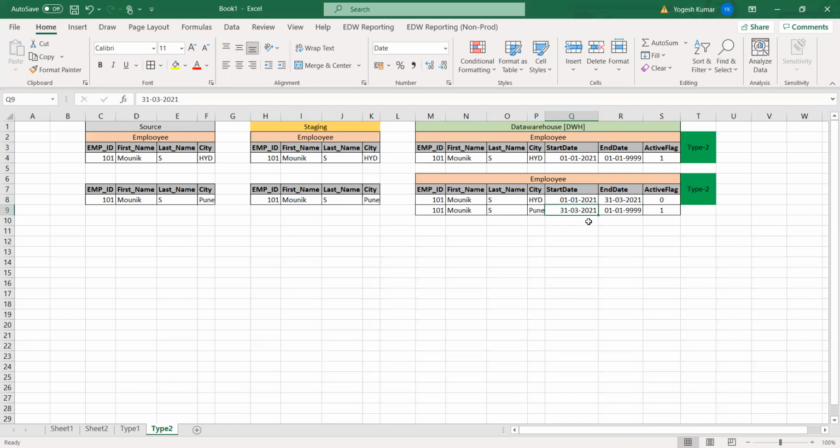There is a second case as well. If you are getting any start date with it, then you can upload that. If you are not getting any start date, then the current date of that particular load will become the start date. Here in this case, we are not getting any start date, so whenever data is loaded into the table, that specific date will become the start date.